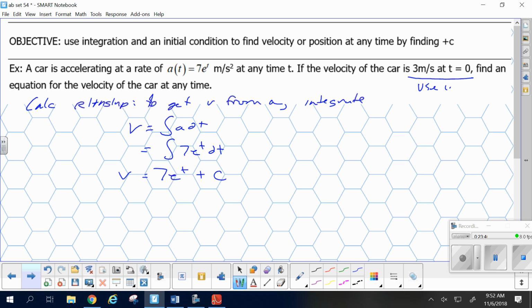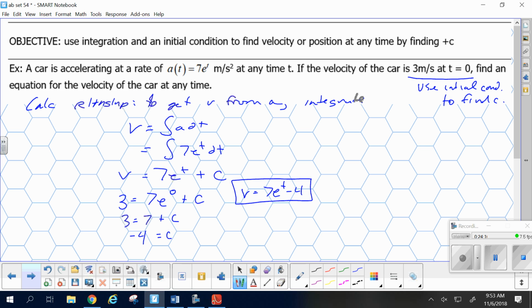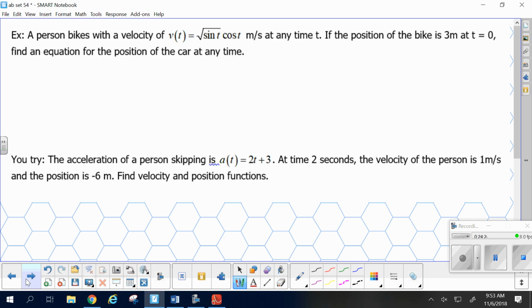We use this initial condition to find the c. The velocity is 3 when time is 0. Now when I put those two things in, that leaves me with just the c. And the c then is 4. Therefore, my velocity equation complete is 7e to the t minus 4. That's the velocity of t. You follow? Okay. Let's try